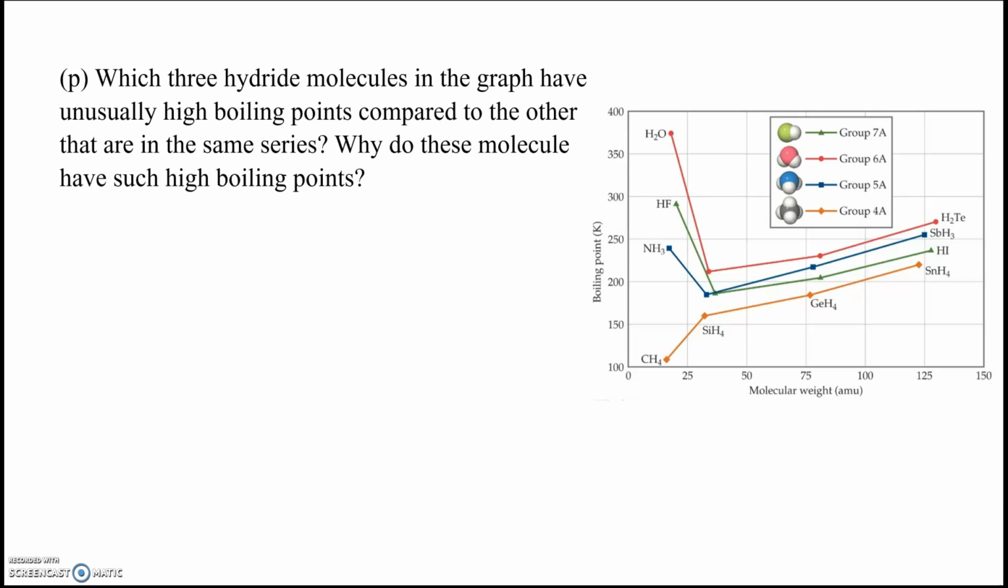Now, the follow-on question to this is, which three hydride molecules in the graph have unusually high boiling points compared to the others that are in the same series, and why? And we can clearly see that the three that have the abnormal boiling points are water, hydrogen fluoride, and ammonia. All right, so when we look at this,